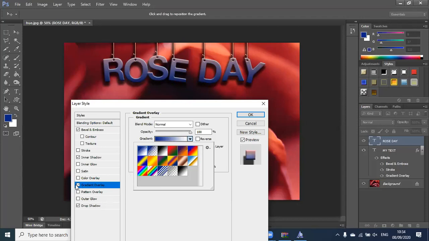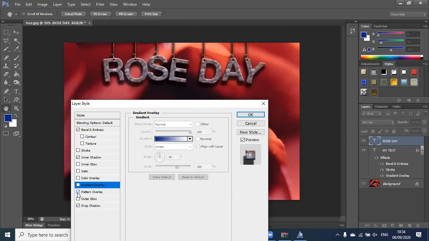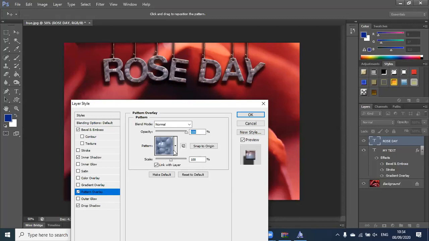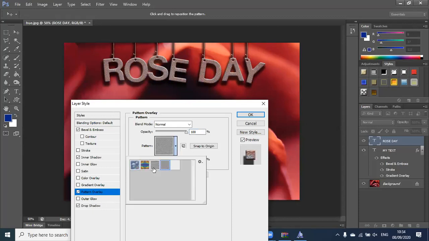Okay, fine. So yeah, I did gradient overlay. Then there is pattern overlay. So if I want to give it a pattern, pattern overlay is there, and you can just select a pattern that you like, and that pattern will get applied. If you want to give this kind of an effect, you can choose pattern overlay, and whichever pattern you like, you can just pick up, and that pattern effect will be applied to your theme. Okay, so that's how I showed you a variety of topics on layer styles.